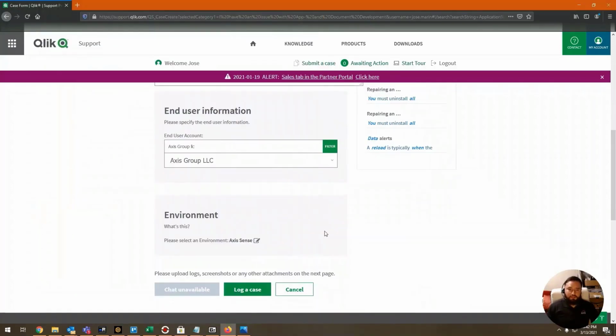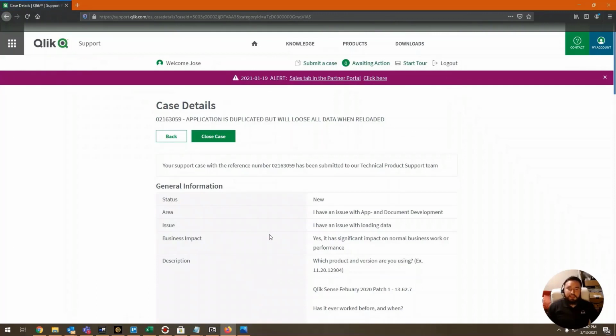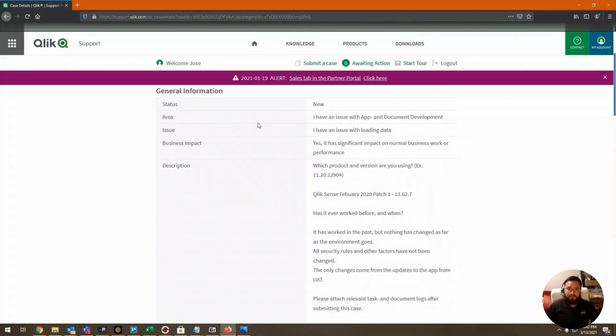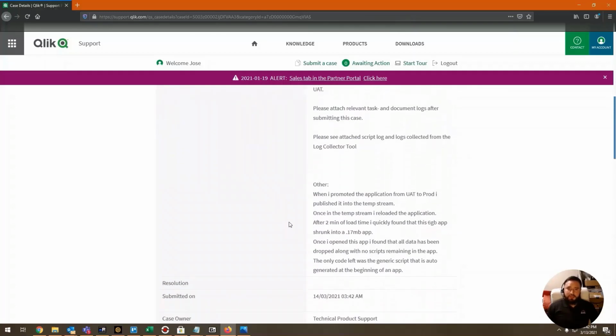In the next section, we will log a case. This is where we have the opportunity to actually upload the document that is relevant to this situation, and also create a dialogue with the Qlik Sense technician. Great. In our case details, it gives us an overview of our Qlik Sense issue. It goes over the status, which is new. It just goes over the details of what we listed for this as our description, and review this,